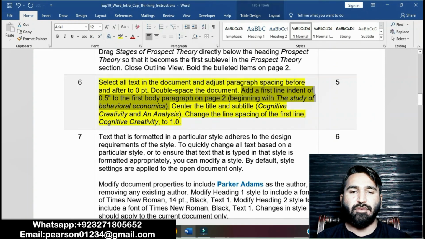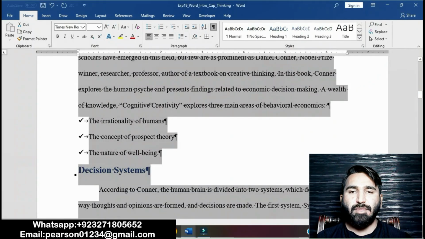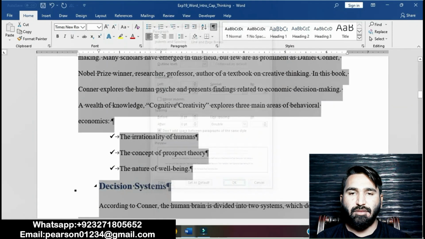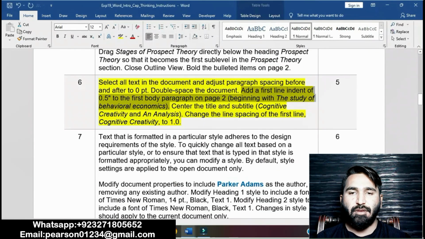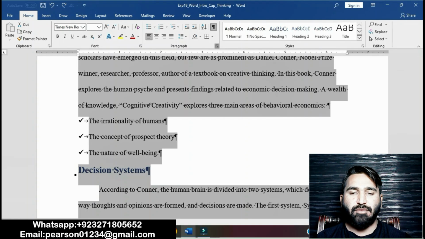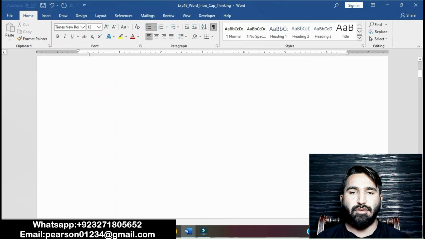The study of behavioral economics. Go to paragraph. Okay, first line indent of 0.5 to first body paragraph. Then press OK.